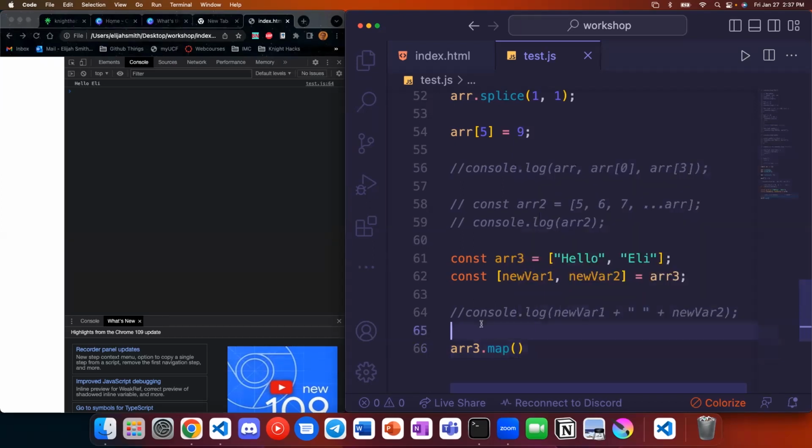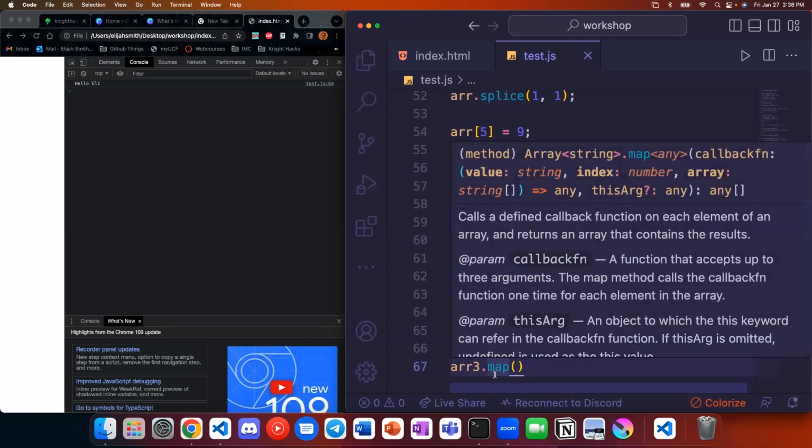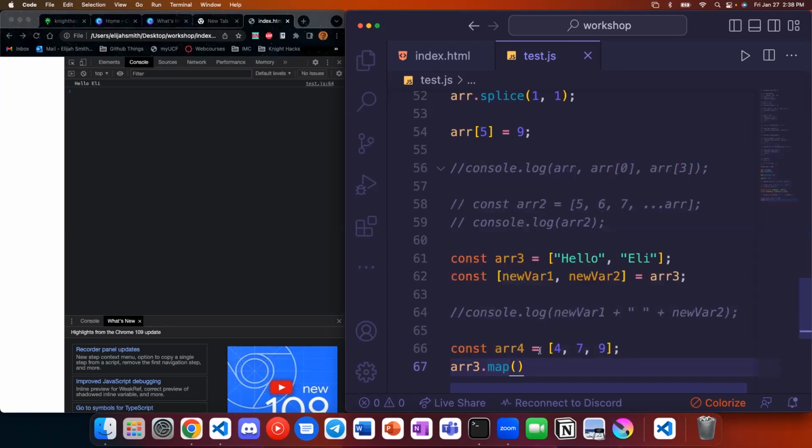So let's say I want to, I don't know what the best way to do this is. Let's say I want to turn these strings. This is not a good example. Let's do this. Create a new array, and this will just be a bunch of numbers. And let's say we want to turn all of these numbers into their string representations. So this is an array, but it's a different array, and it's all based on the original one.